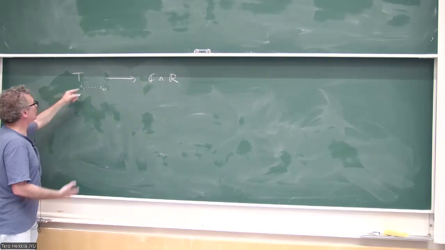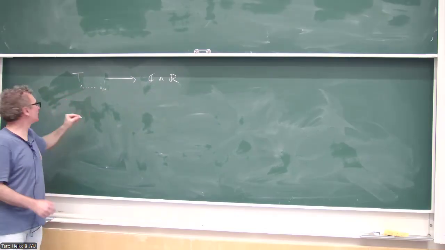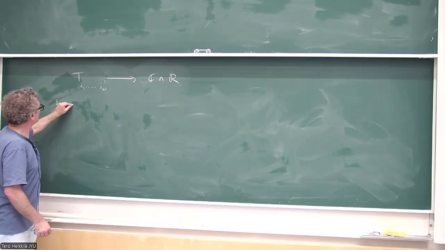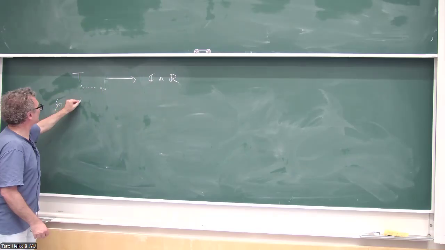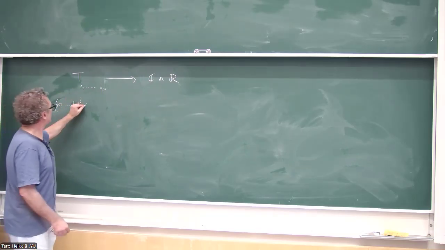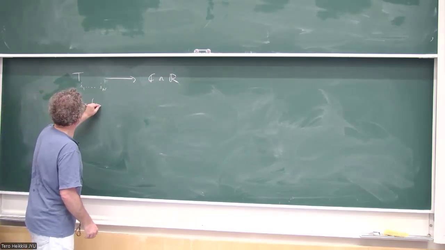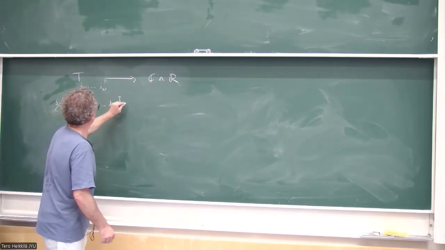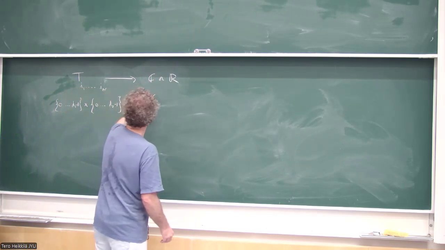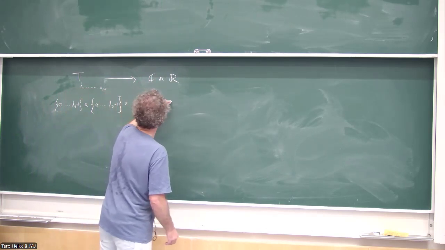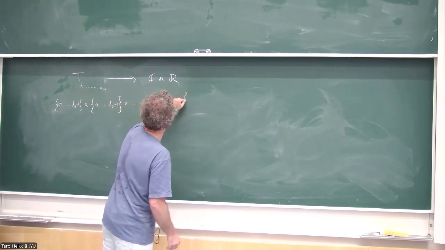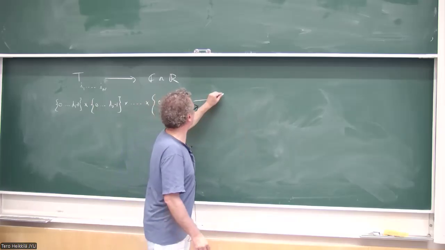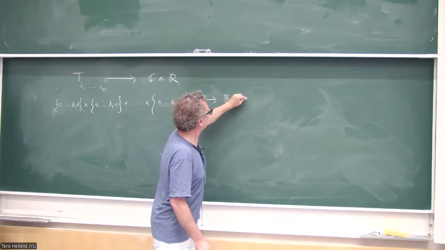So if I want to be a bit pedantic, I would write i1 goes from 0 to D1 minus 1, cross 0 to D2 minus 1, cross, etc., cross 0 to Dn minus 1, to a field that will be either real numbers or complex numbers,